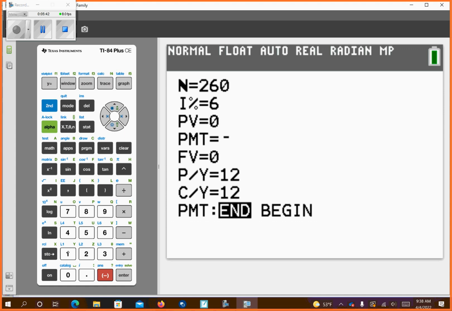If you want, you could say, I want to do negative 100, meaning I'm paying $100 in. If you didn't have the negative sign there, that's also okay. A negative would just show someplace else. Doesn't mean you did something wrong. Okay, so it's your choice how you want to do it. And then,